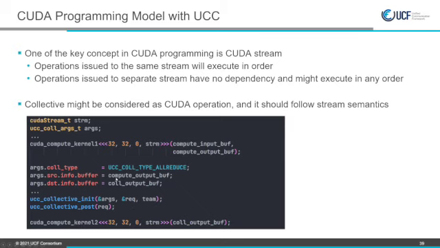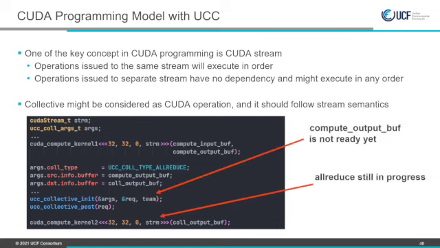But if we do it this way, there is, of course, a problem of data races. In particular, we have a race here, meaning that when we start a collective operation, when we start allreduce, the data in the compute output buffer might not be ready. So the kernel may still be in progress, but we start a collective.